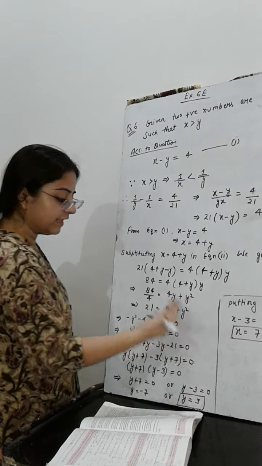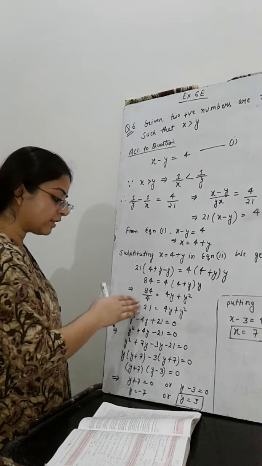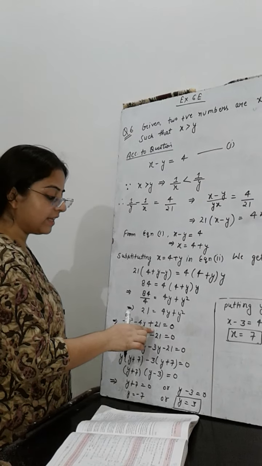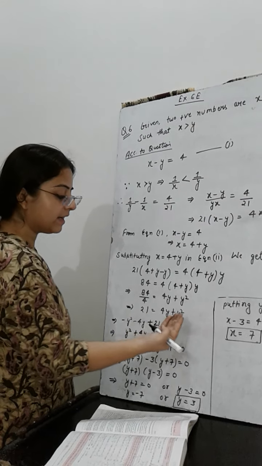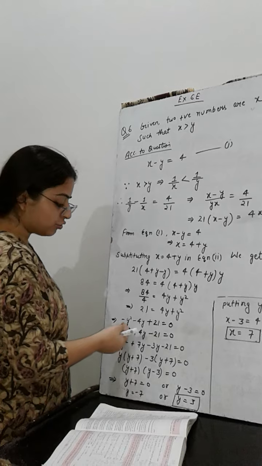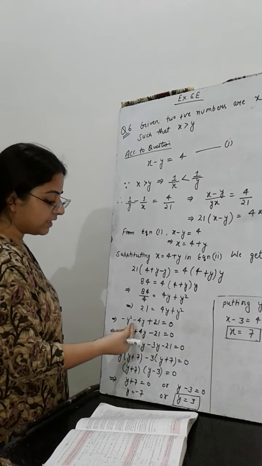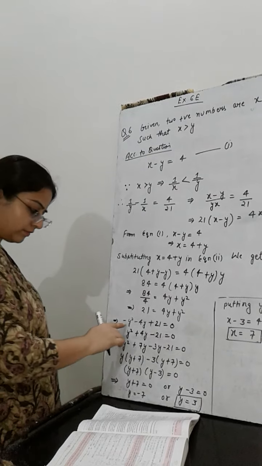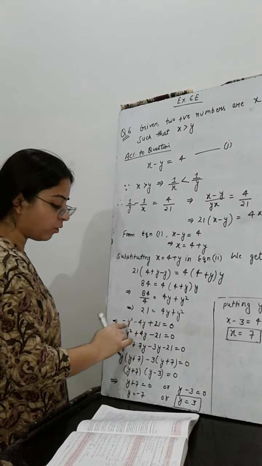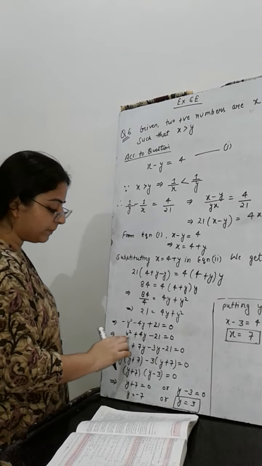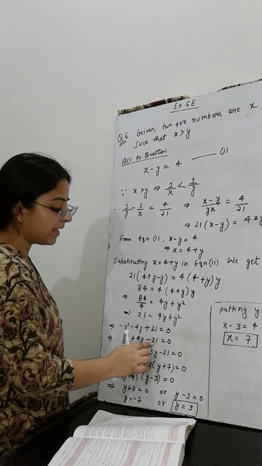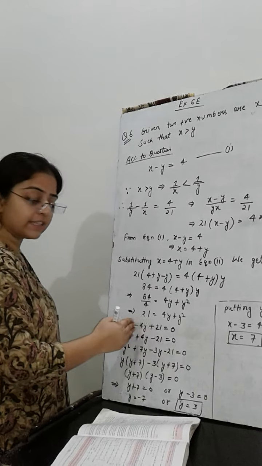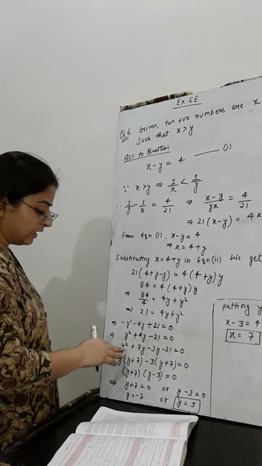Then we have taken the variable part towards the left hand side and the constant part also towards the left hand side only. कांस्टेंट ऑलरेडी लेफ्ट में नहीं रखा था, हमने क्या किया वेरिएबल वाला पार्ट है इसको भी हम लेफ्ट साइड में लेके आए. So their sign will change: minus y square minus 4y plus 21 equals 0. We have taken negative common from all the three terms and finally it will become y square plus 4y minus 21 equals 0. हमने नेगेटिव का साइन तीनों में से कॉमन ले लिया.